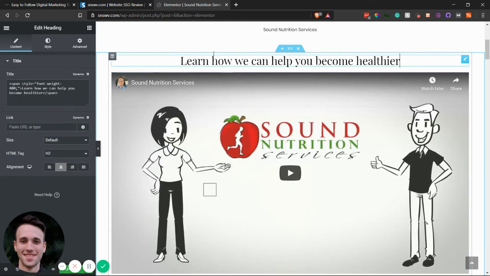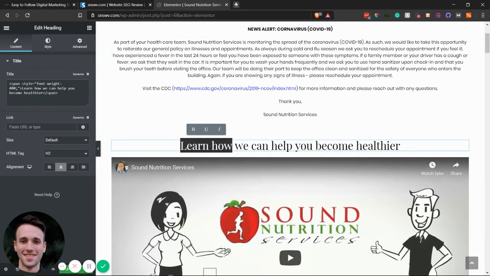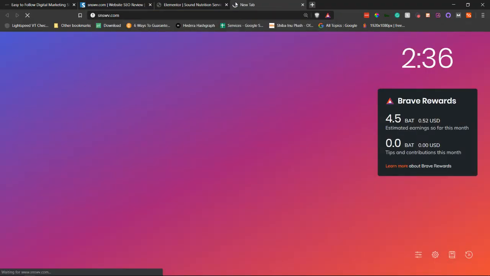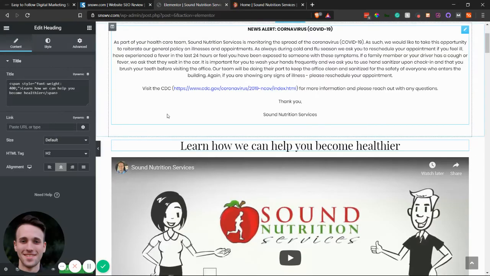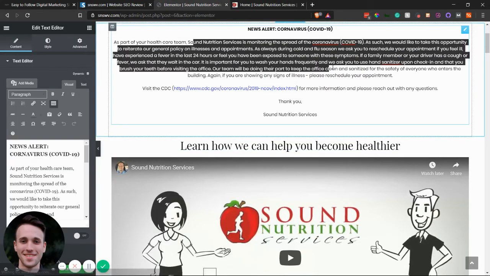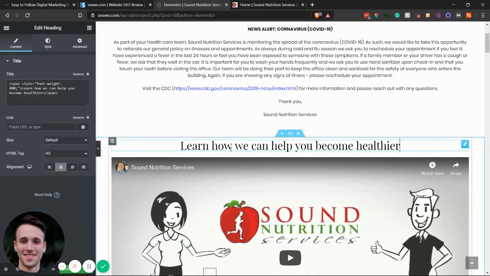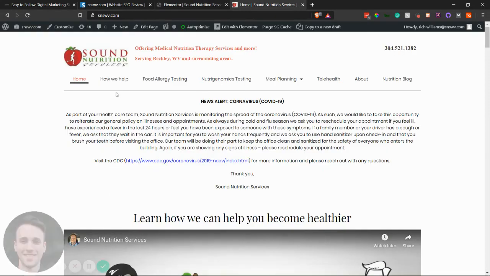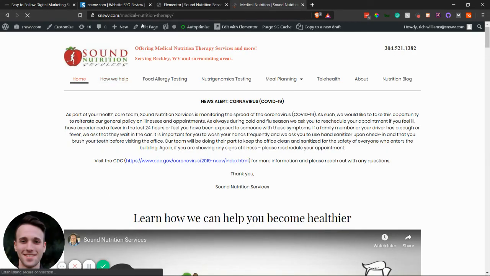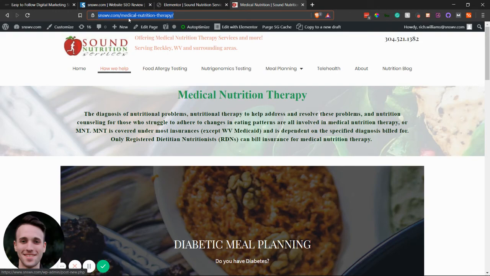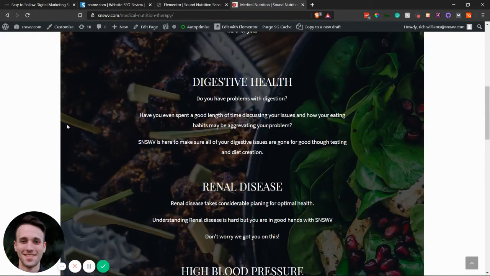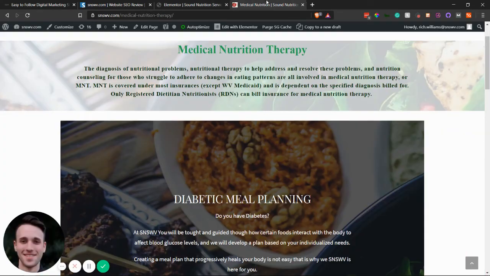Now, another way to do this is to have a blog post and include your links in words. For example, learn how. So I can take learn how right here. And imagine this is a blog. So imagine there's a ton of text just like there is here. And you have a sentence that says, learn how we can help, for example. What I can do, or what you should do, is take your how we help page, copy that URL,